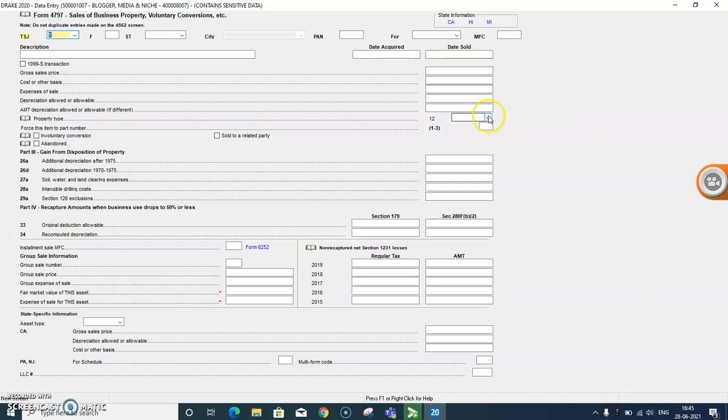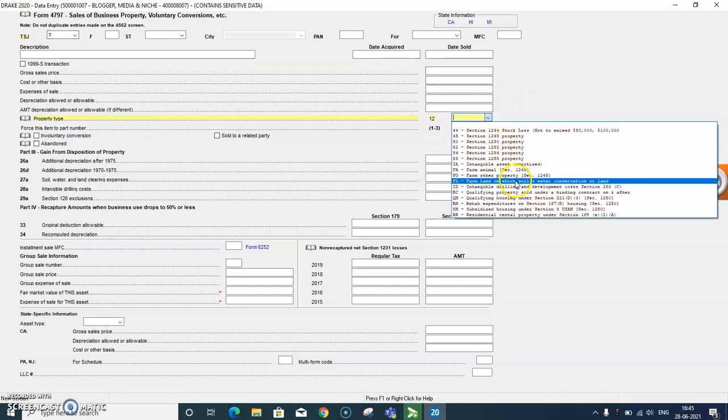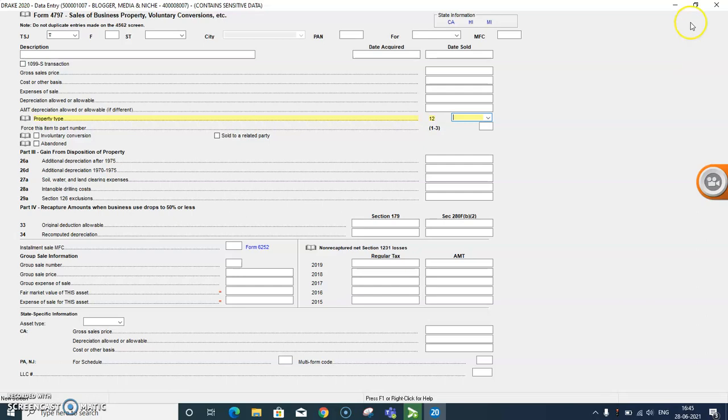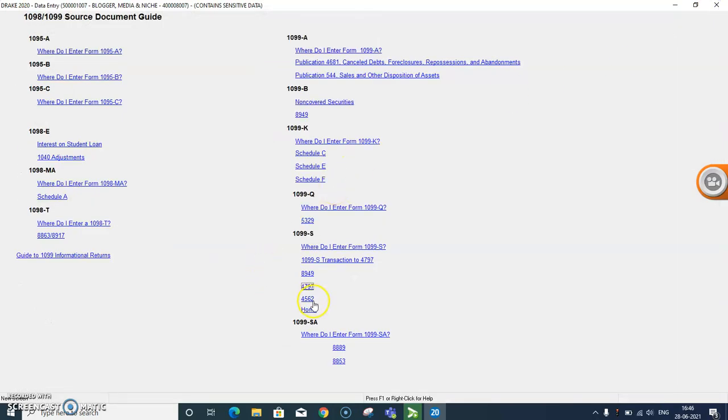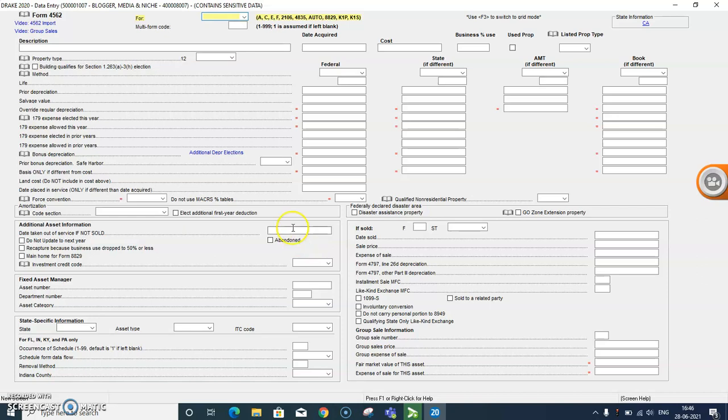Property type, here you need to report what type of property it is related to. Every information you have to report here, then it will flow to form 4797 and 8949. Now coming to 4562, this is for depreciation purpose.